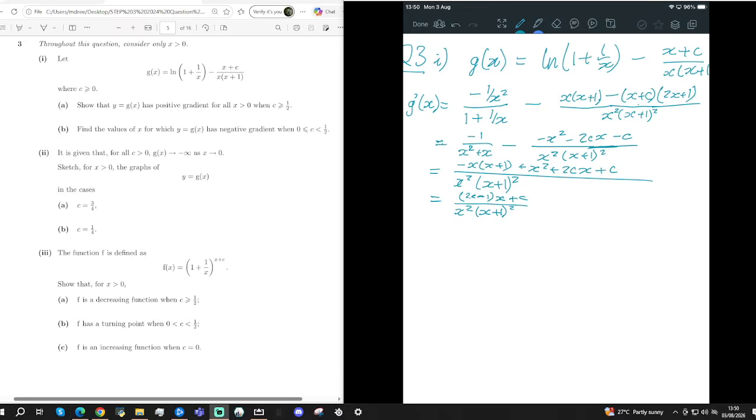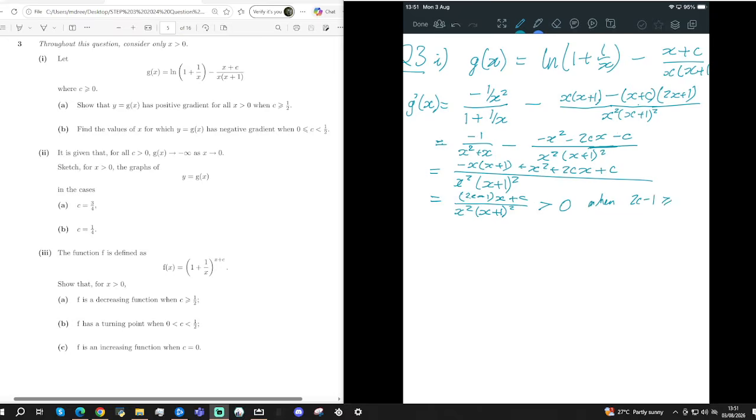If c is bigger than a half, then this bracket here is greater than 0. So let's put that in. So this is greater than, could it be equal to 0? Yes, if c was equal to a half, well, no, actually, if c was equal to a half, this thing would be 0, but this thing would be positive. And x still has to be positive, and c is positive. Yes, this is going to be a strict inequality. It's strictly greater than 0 when